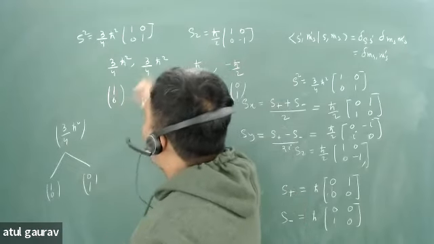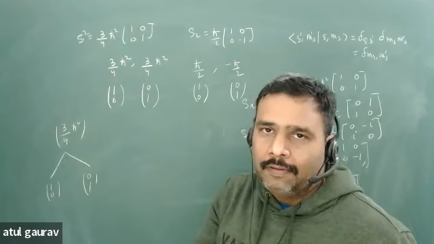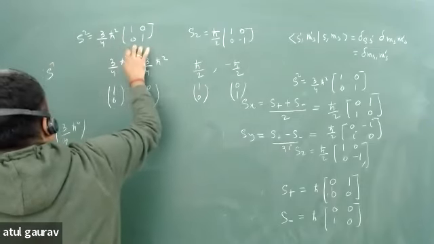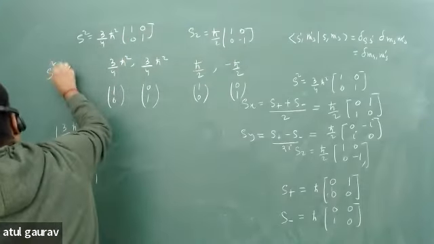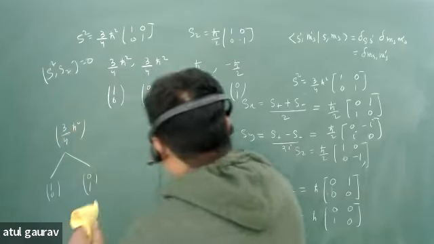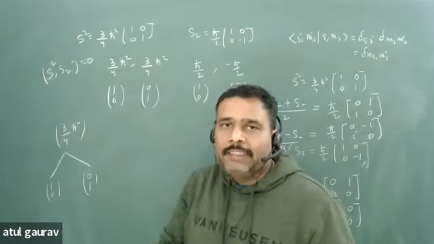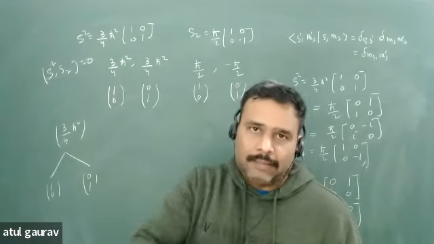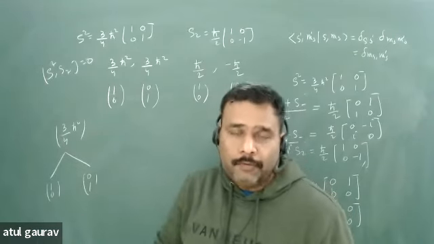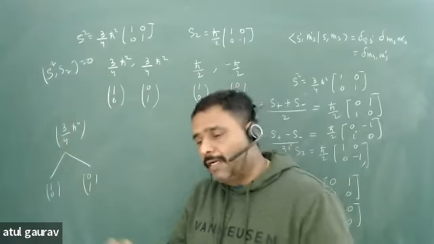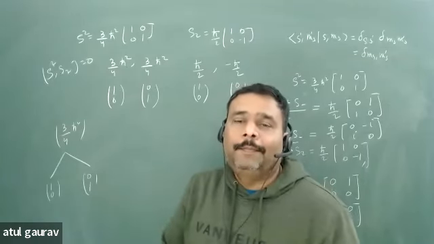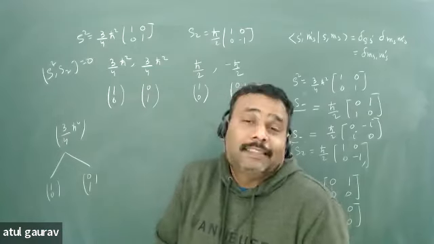So only finding the magnitude is not enough, isn't it? Now S square and SZ are going to commute. You know all these facts, and S square is just an identity matrix, so it is going to commute with everything. So S square and SZ are going to commute, and we are able to find a basis in which S square and SZ are actually diagonalized. S square and SX are also going to commute, isn't it? S square and SY are also going to commute. But in the basis of up or half and half, S square and SX are not going to be diagonalized,